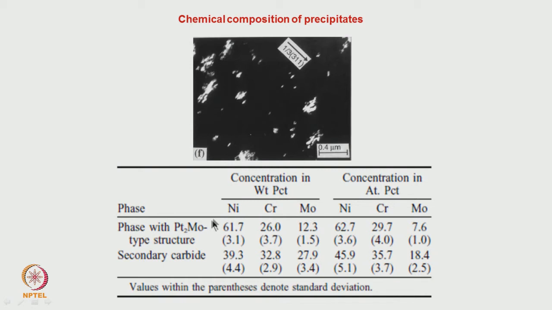Here the composition has been determined, absolute concentration has been determined, for which some standards have to be prepared. As you plan an experiment, you will come to know what all precautions you have to take and how you have to go about it. That part is beyond the scope of this lecture, so I do not go into the detail. Using this we can find out the composition of these phases, and using diffraction we could find out the crystal structure. This information could be used to find out the stoichiometry of this compound. This is essentially Ni2CrMo.